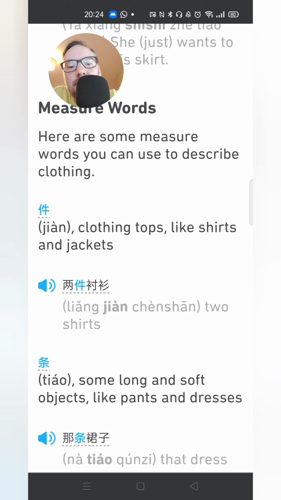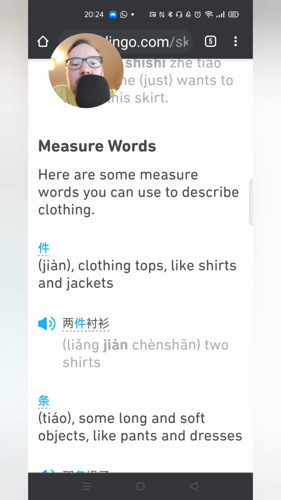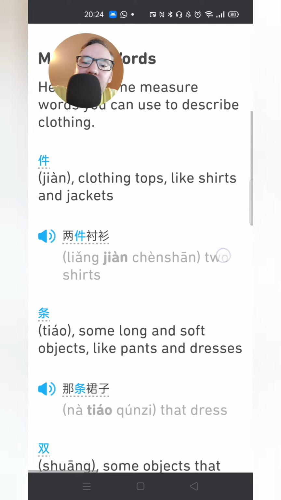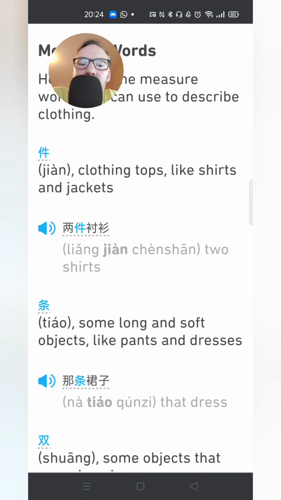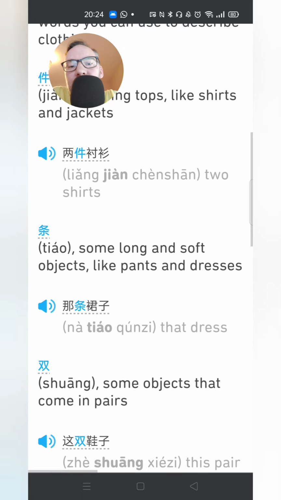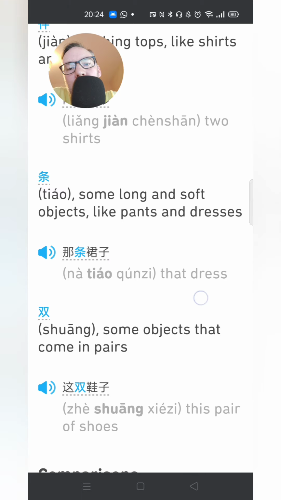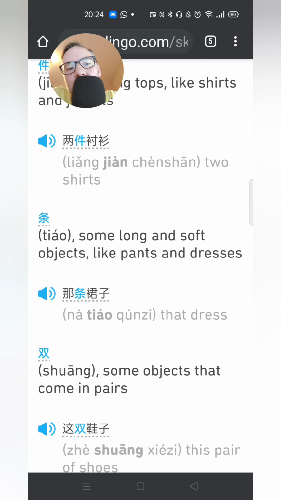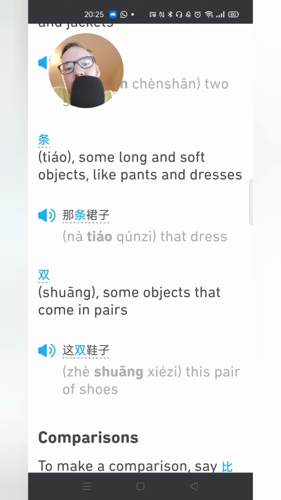Measure words. Here are some measure words you can use to describe clothing. 件 clothing tops, like shirts and jackets. 两件衬衫 two shirts. 条 some long and soft objects like trousers and dresses.